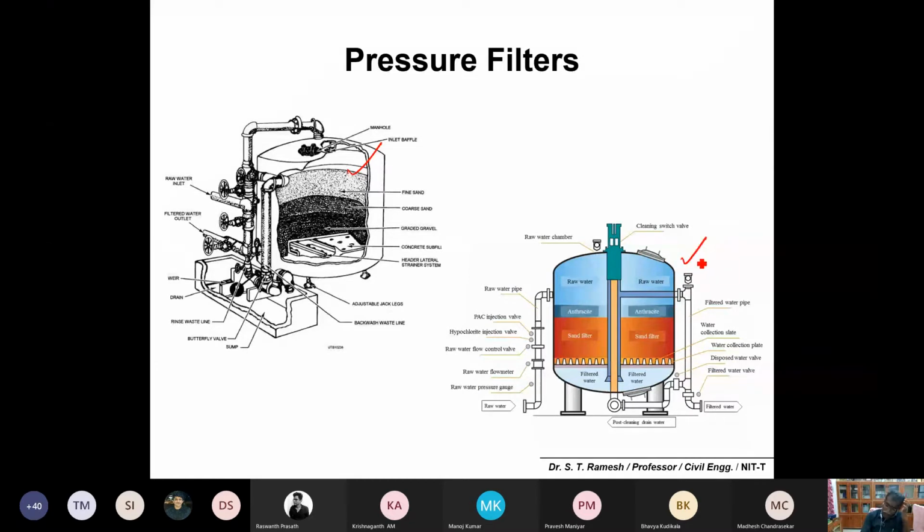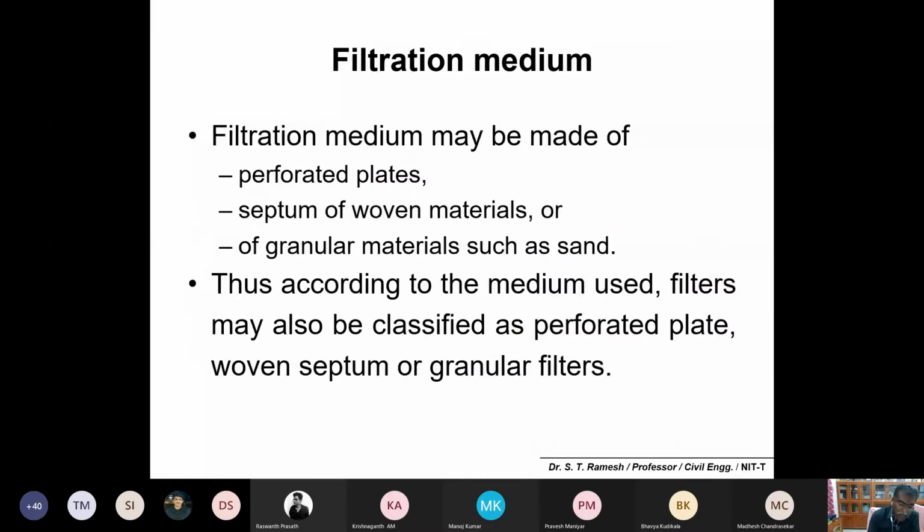Pressure vessel. Then you just apply either pressure or vacuum, thereby the water will be getting treated. In the case of dual media filter or triple media filter, they may go for these sort of operations, pressure filter operations. For the filtration medium, normally they may use either perforated plates and woven material or a granular material such